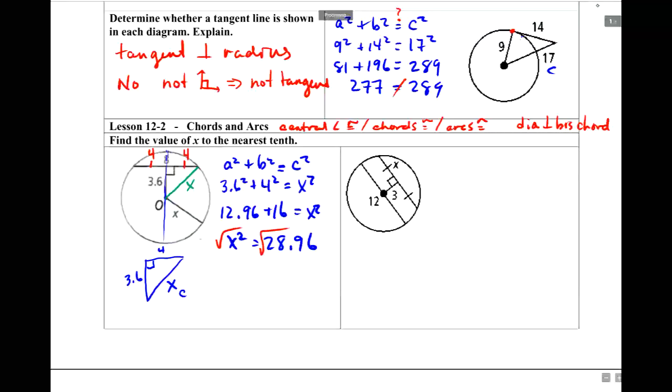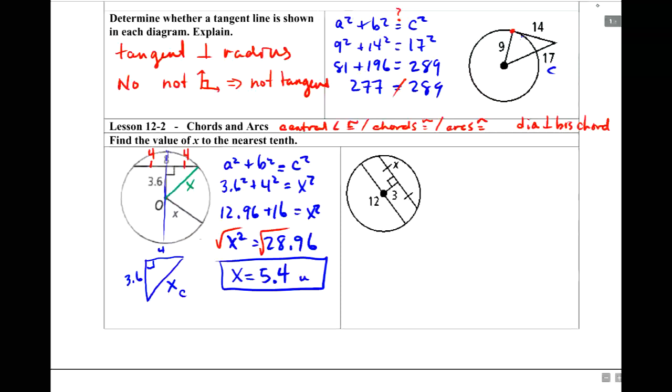Definitely not a perfect square, so we're just going to throw that one into our calculator. x, or our radius, equals 5.38145, so 5.4 rounded to the nearest tenth units. Not too bad. Okay,